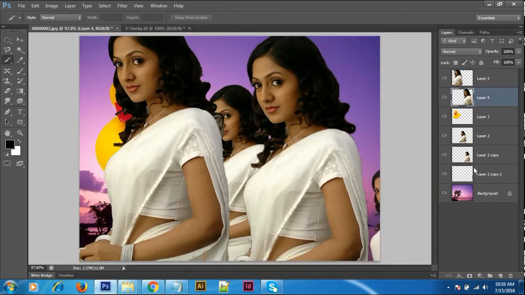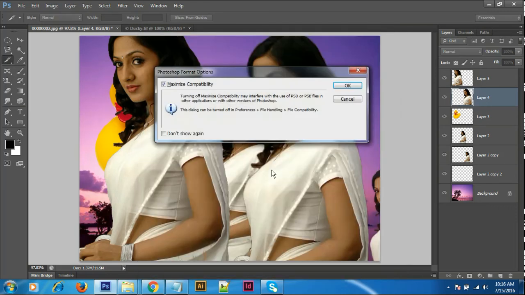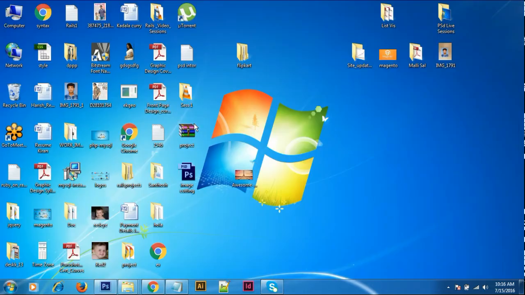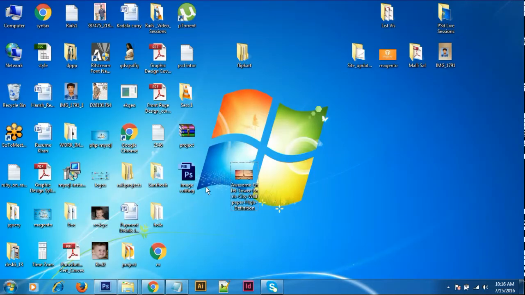See, suppose this is a cutting concept, image cutting. Just save it as a Photoshop format. It's saved as a PSD. And just close the file. Again, what happened? I just open this file, image cutting, double click. The client said just keep this Photoshop file as an image.